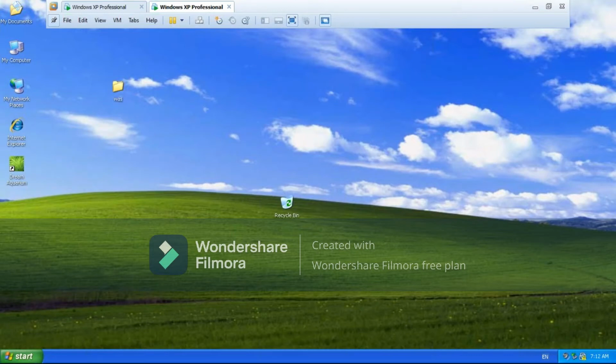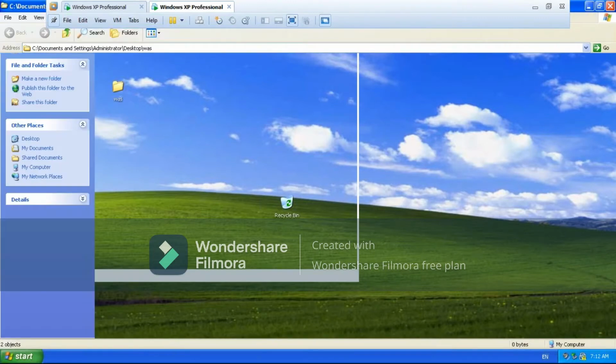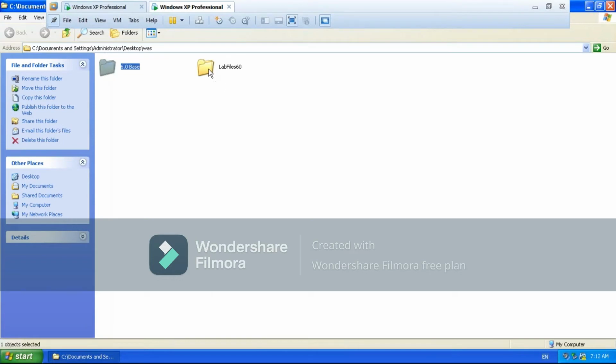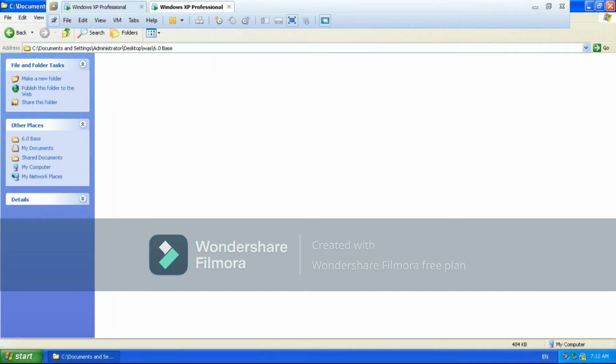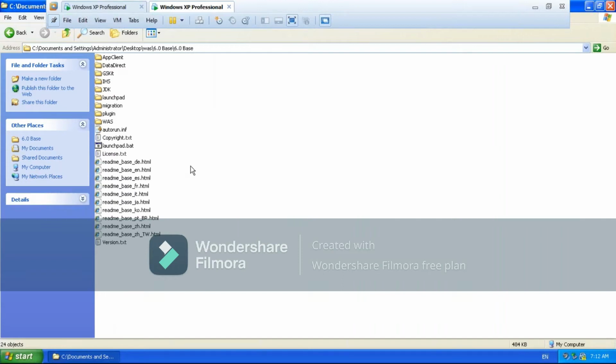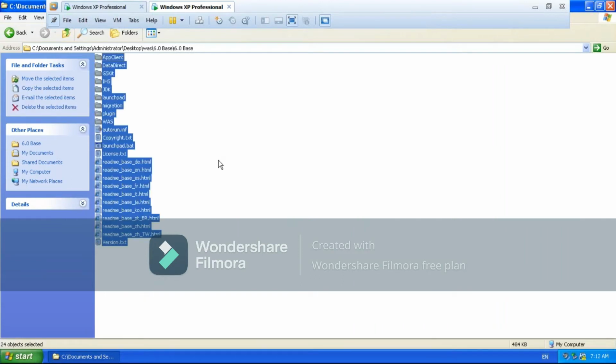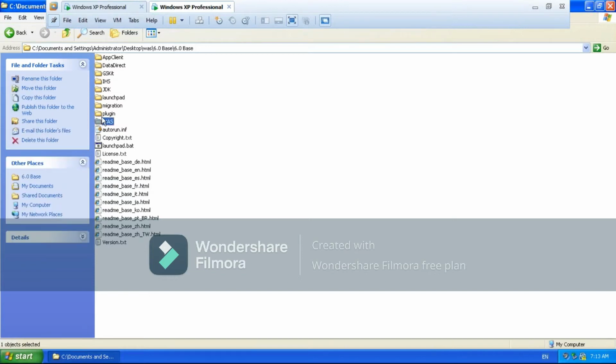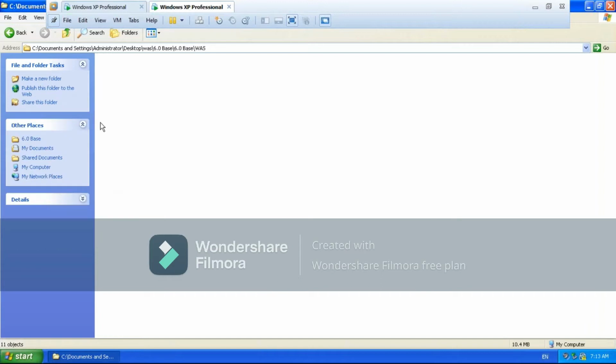So if you open this folder, this is the VAS 6.0 base software, and we have the lab files also. Inside the 6.0 software, this is the complete VAS 6.0 base software. In this, you will get a folder VAS, a folder plugin, and a folder IHS. If you go inside the folder VAS, you will see the complete software of